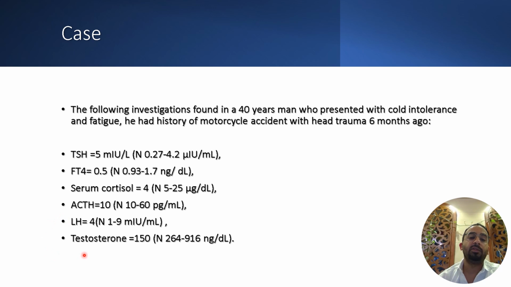So in the concept of primary disorders, for example, in patients with primary hypothyroidism, the expected TSH will be very high in the setting of such a very low level of FT4. And the same is true for patients with hypoadrenalism. In the setting of such a low cortisol level, you would expect to have a high ACTH level,